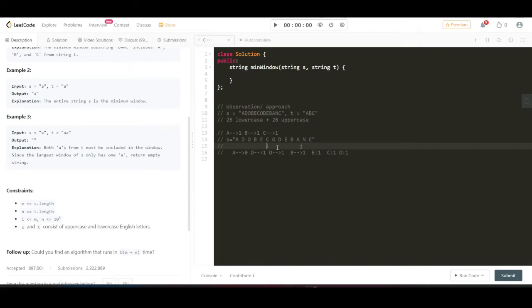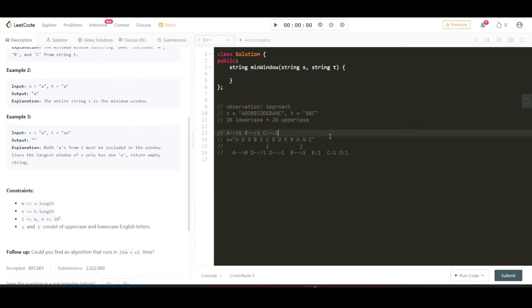The first valid substring window, we will keep track of it in some temporary string. After that we will move I forward and again check if it is valid. If the window is valid, then I will keep incrementing I. If the window is not valid, I'll keep incrementing J. In this way we will iterate till the end, and at each point we will be